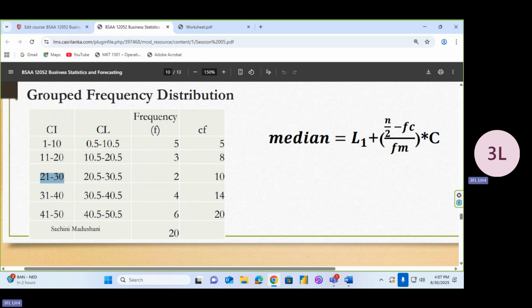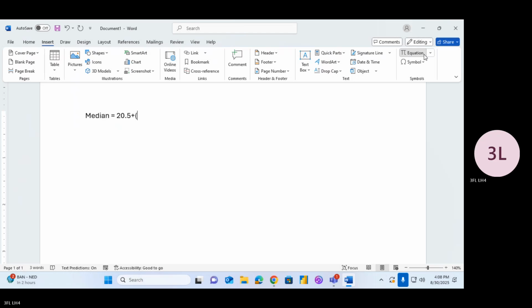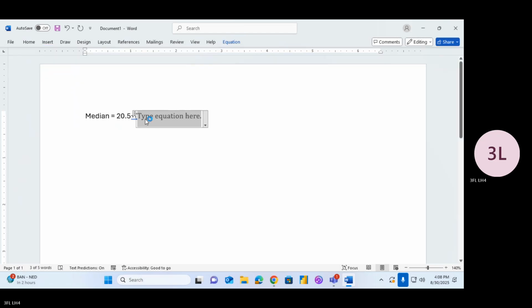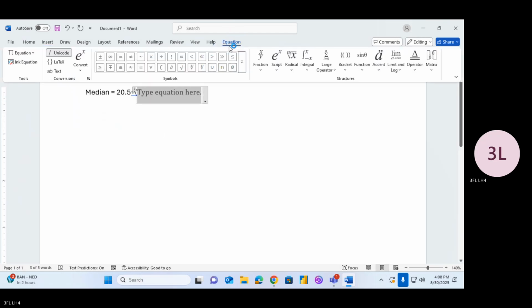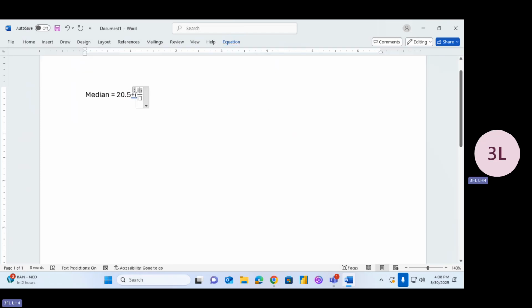Then what is the lower class boundary? 20.5. Then here you can substitute 20.5. It's clear. Okay. So L1 is 20.5. Then add